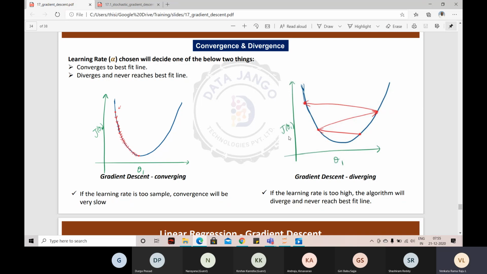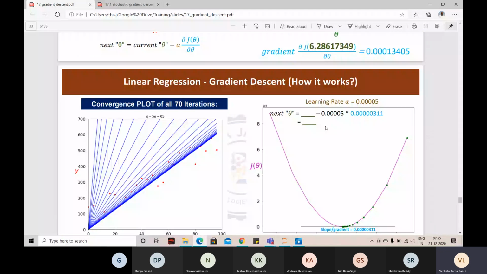How do you find whether the algorithm is diverging or converging? Error will be reducing slowly, right? That is convergence. With each iteration, error will be reducing or accuracy will be increasing. That is convergence. If error is increasing or accuracy is reducing, that is divergence. Learning rate is called a hyperparameter, and we need to choose it and play with it a little bit. This is where GridSearchCV is very useful.